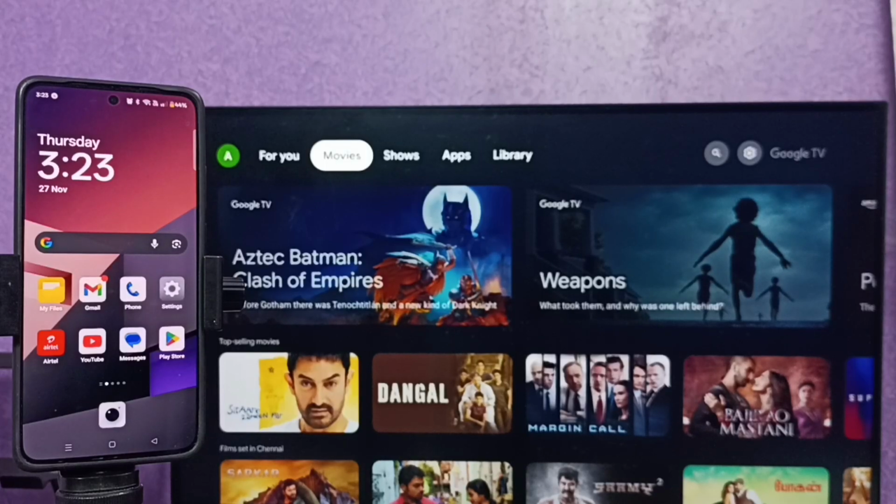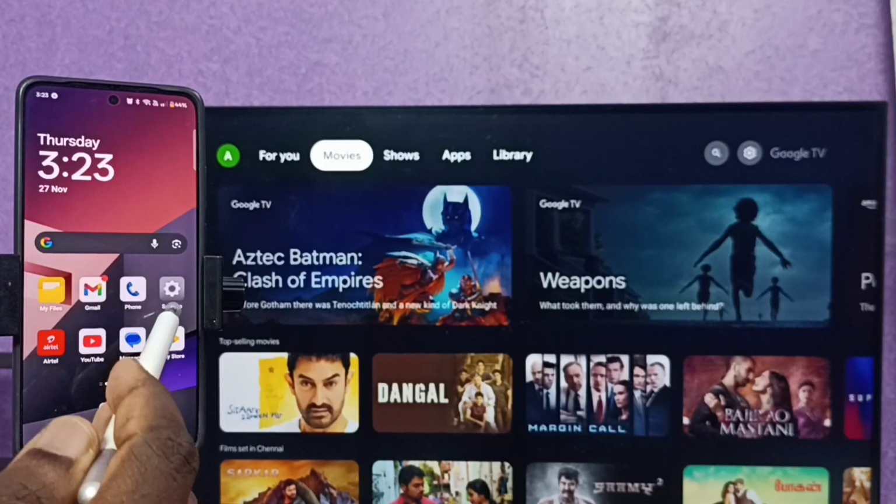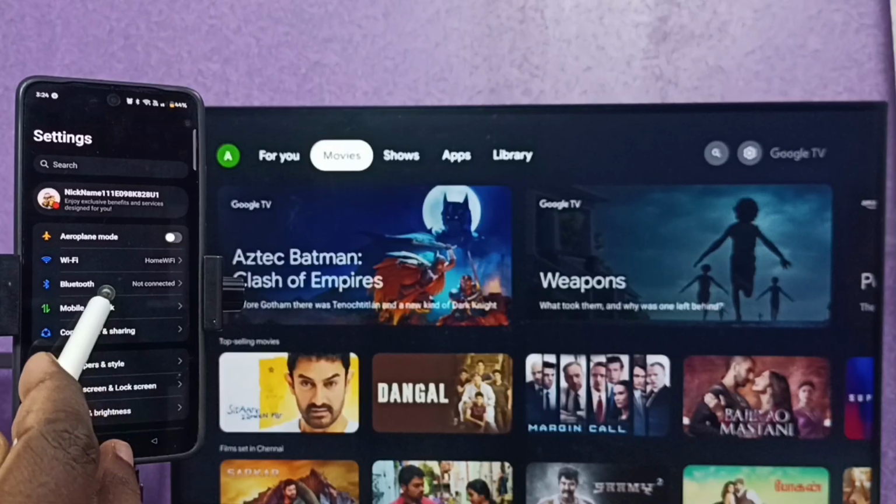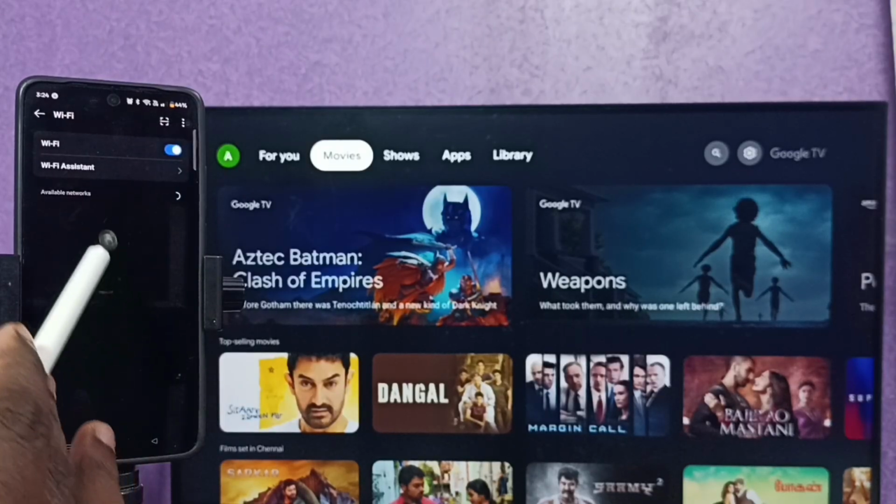Hi friends, in this video I will be showing how to connect this mobile phone to TV. I would be showing two methods. Method 1. In mobile phone, go to settings, tap on the settings app icon, tap on Wi-Fi, and here you